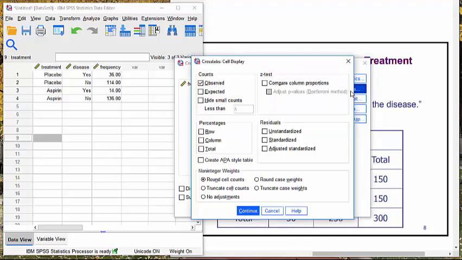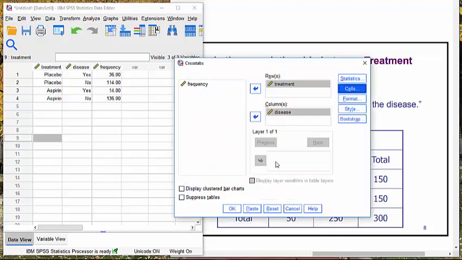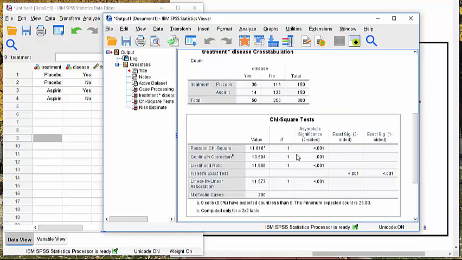And for the cell, if you click on Cells, you can ask SPSS to calculate the expected cell count. It will automatically report the observed count. And you can ask for row percentage and column percentage. And then if you click OK, SPSS will give you the first summary statistic and generate a contingency table for you,